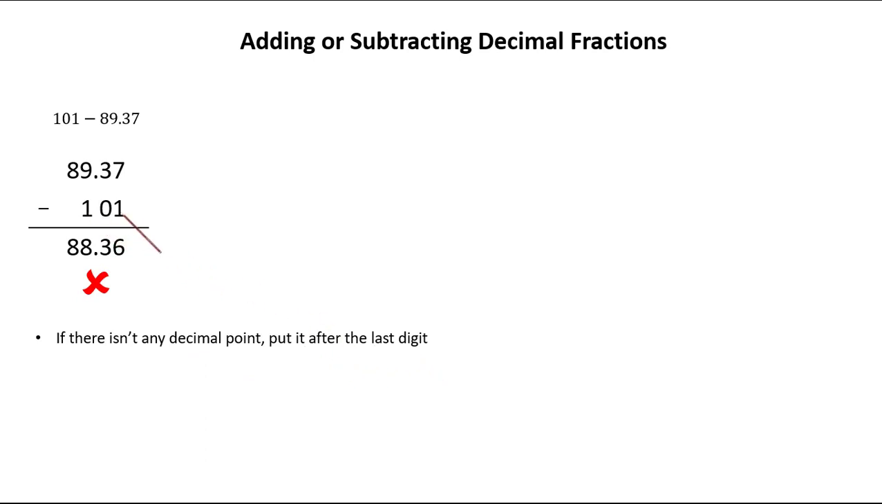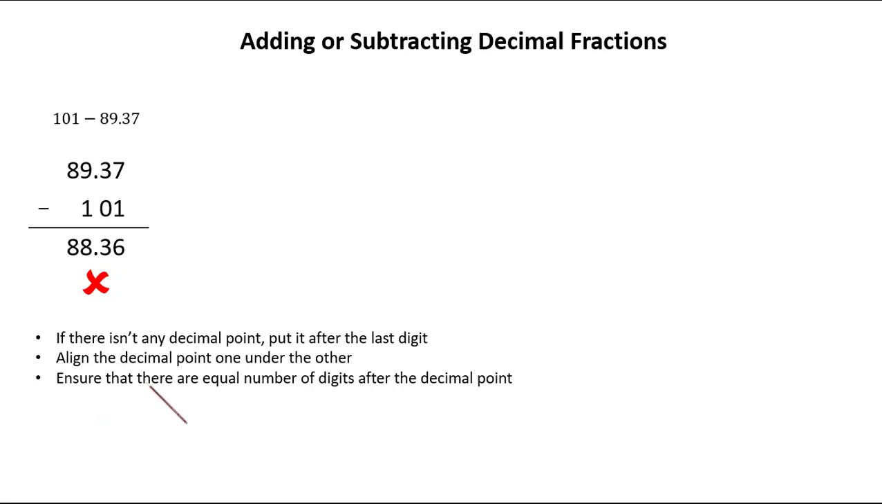So 101 does not have any decimal point, so we can put a decimal point after the 1 in the units place. Align the decimal point one under the other, means put the decimal point under the decimal point. Ensure that there are equal number of digits after the decimal point. For example, to solve the same sum, we write 101 point, and then we write